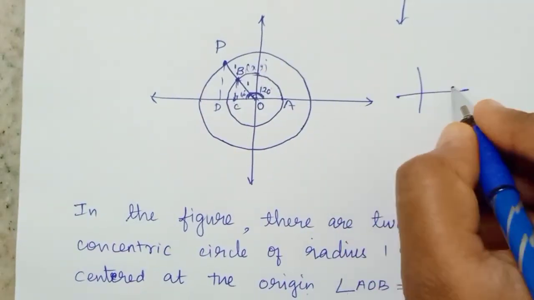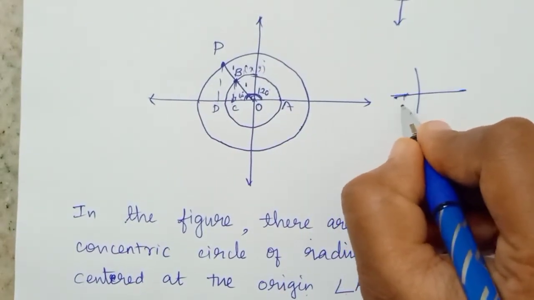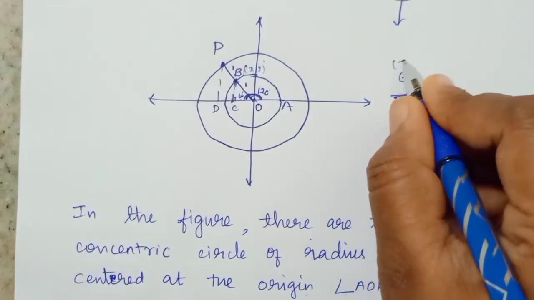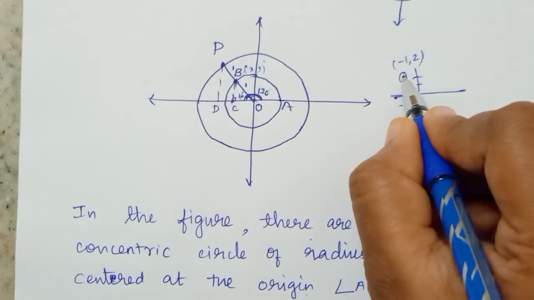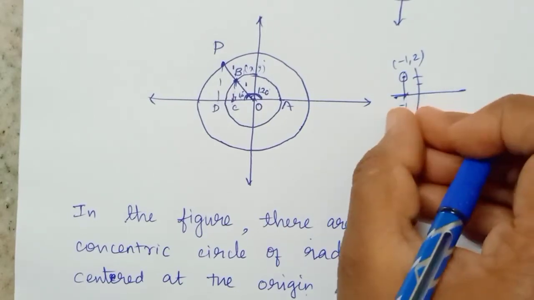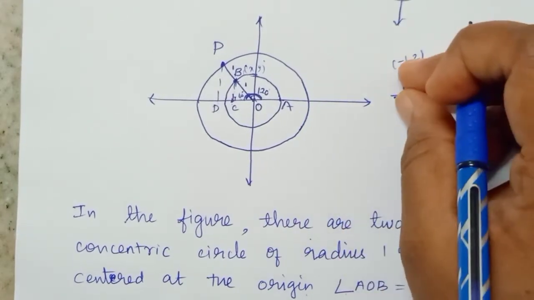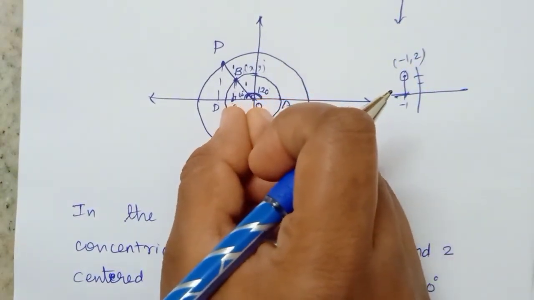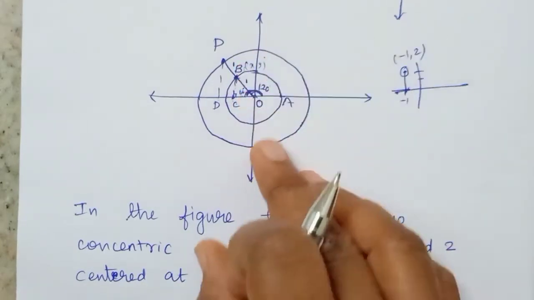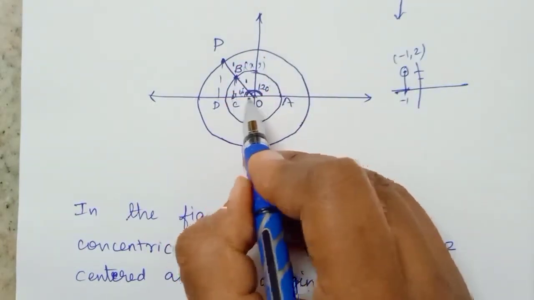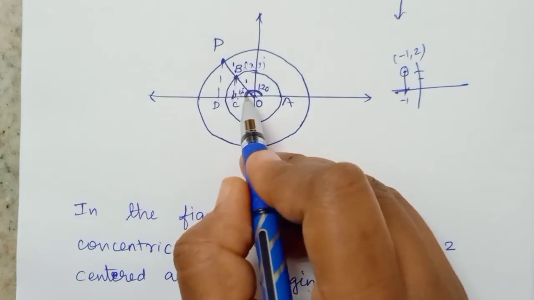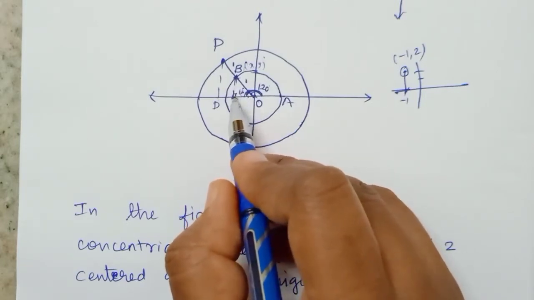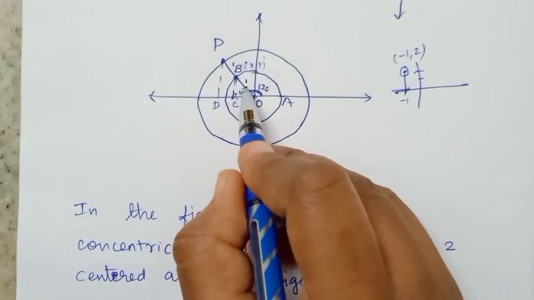So if you plot a point here, this is minus 1, 2, which means this is minus 1 comma 2. This distance is minus 1, then the distance is 2, so minus 1 comma 2. The same way, OC is the x coordinate, then BC is the y coordinate. So we have to find the OC and BC values. The side opposite to 60 is BC, so we can apply sin theta. So sin 60 equals opposite side by hypotenuse.